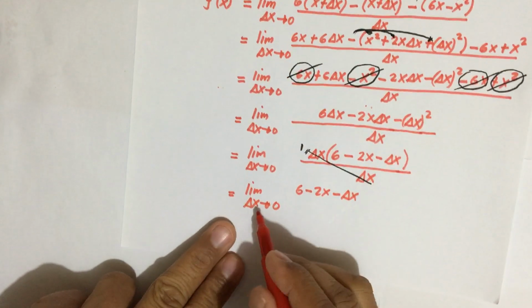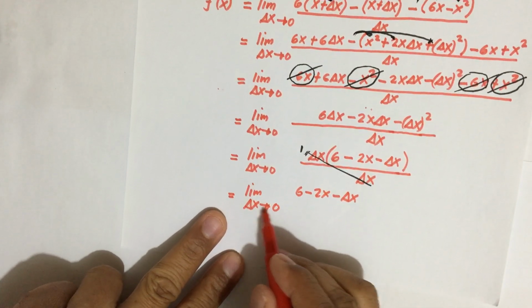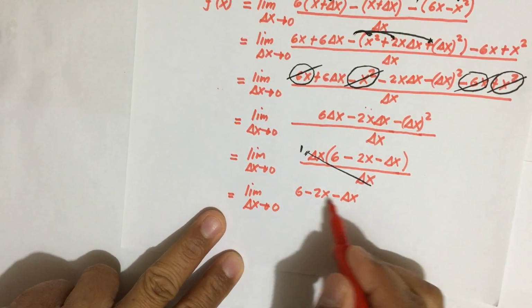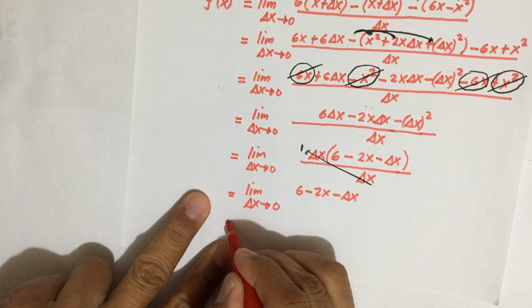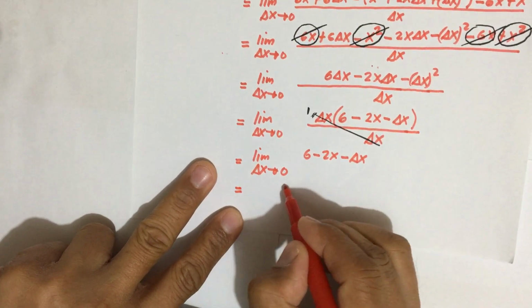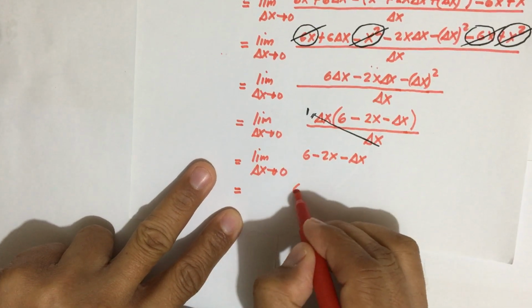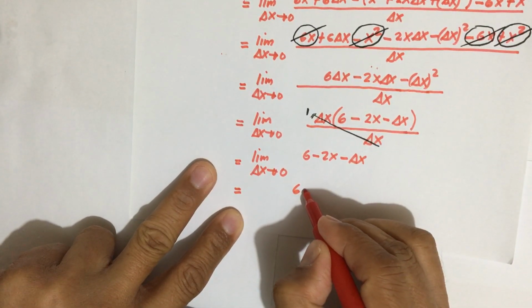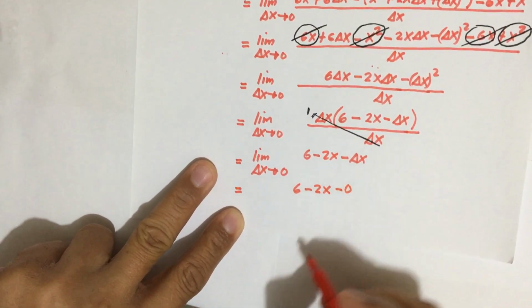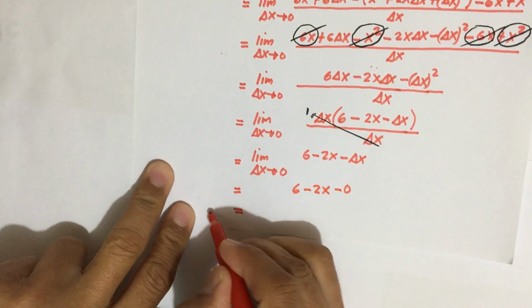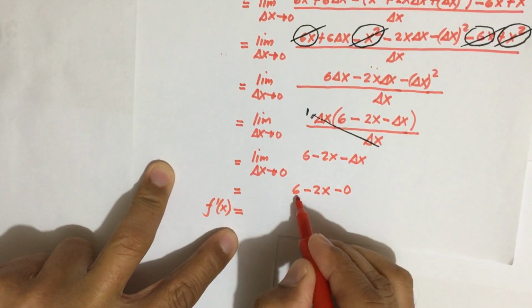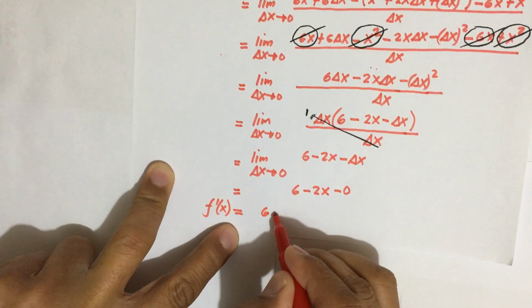Alright, now substituting, or plugging in this value of delta x to our expression, so we have 6, so this will be 6 minus 2x minus 0. So therefore our f prime of x is equal to 6 minus 2x